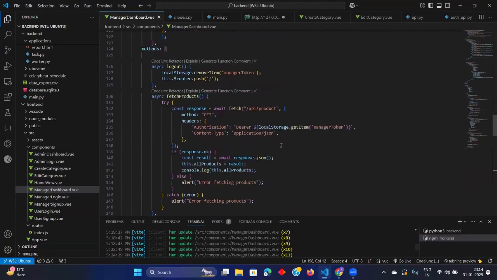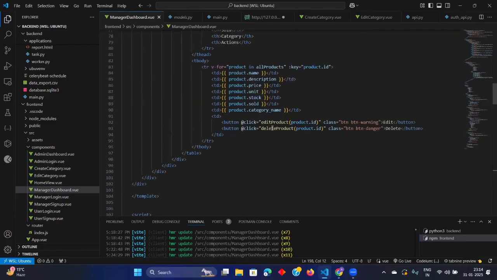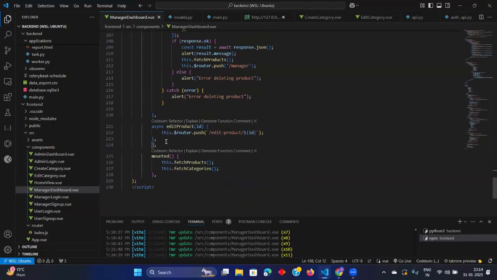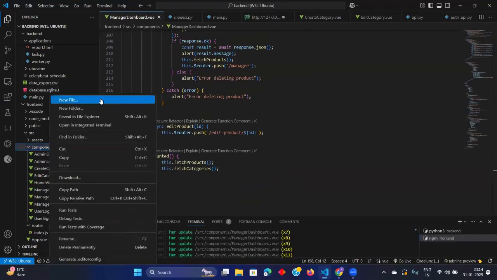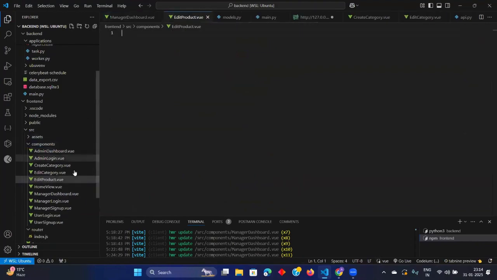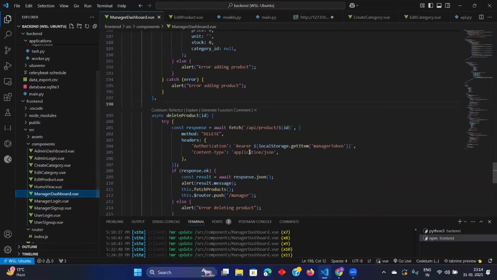When we are calling this edit product, I am going to the edit products page, right? So if I go to my edit product page, let us create a new file, edit dot view. Now where is our create product page? Manager dashboard. Yes.